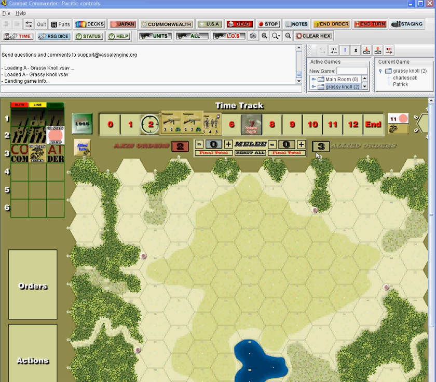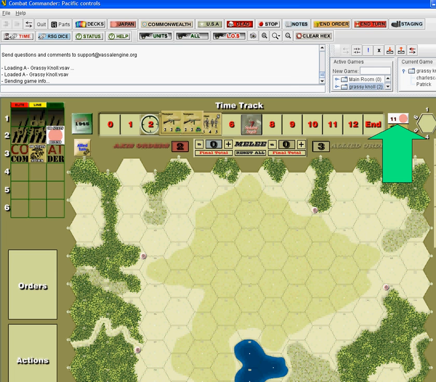Continuing across the right, you can see that the Japanese are set to 11 victory points currently. They have an advantage. One of the objectives typically is worth, in this case, I think 10 victory points, so just by them holding it by default at the beginning, they have the 11 victory points already. So they've got a bit of a head start,